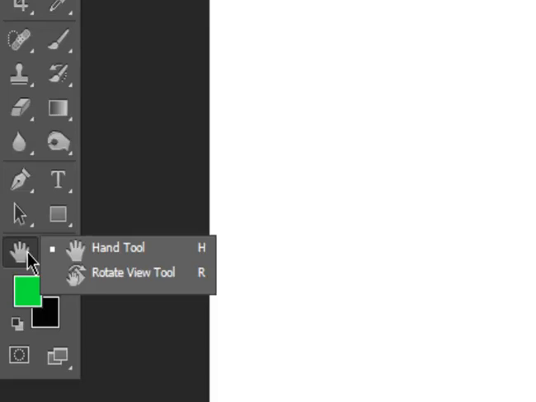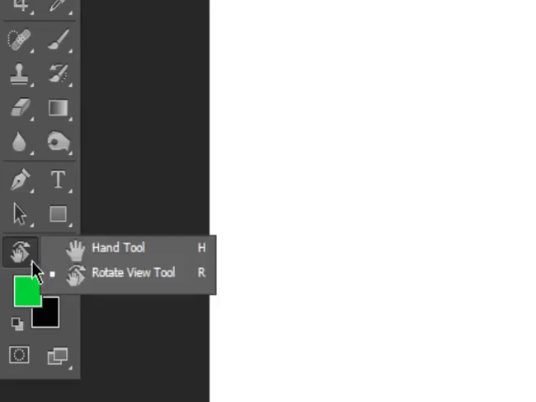You need to right click the hand tool, and after right clicking you can see the rotate view tool. You can also press the letter R on your keyboard, and that's the shortcut for this rotate view tool.